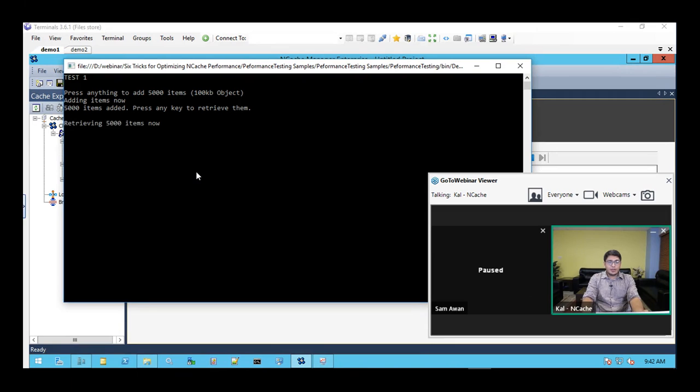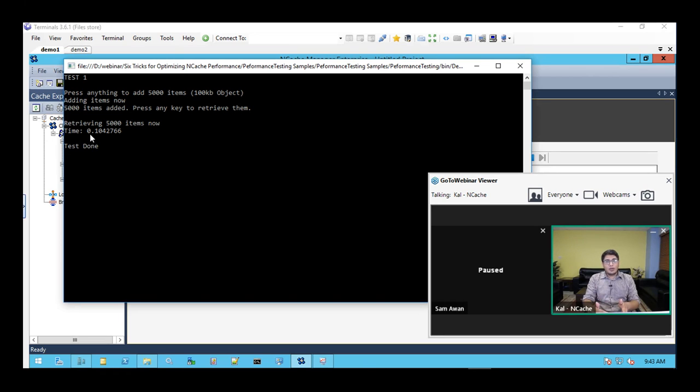I'm going to click on enter, and we can see that all those items are now retrieved. It's very astonishing to see, because a lot of overheads were now removed. So it was extremely fast. So if we reiterate on what initial test we did with the basic test, it took 45 seconds. With the client cache outproc, it took about 33 seconds. But in the case of inproc client cache, all this time has gone down to 0.1 second.